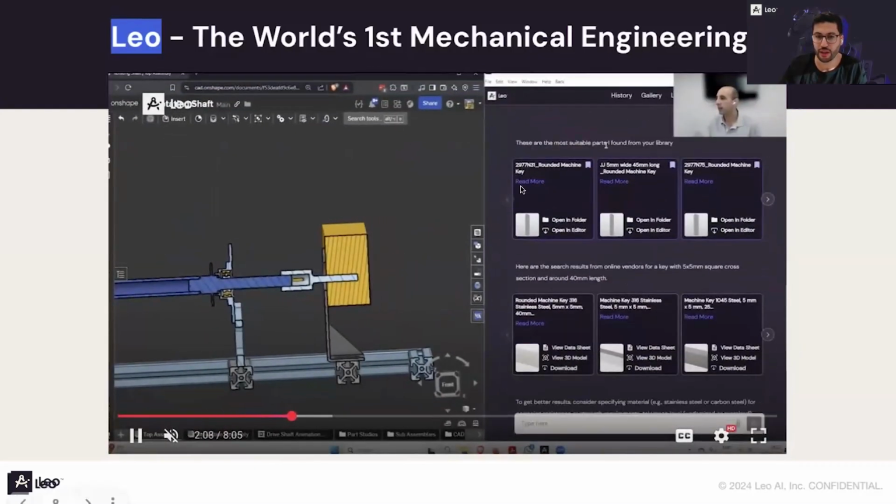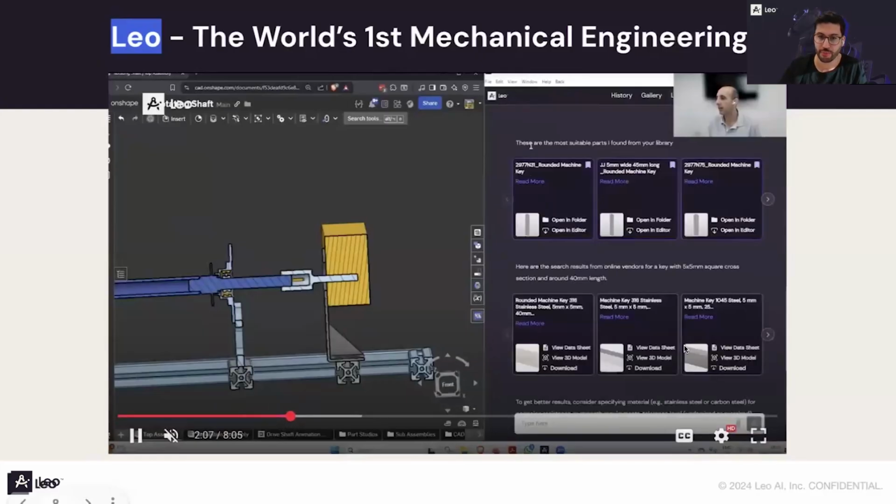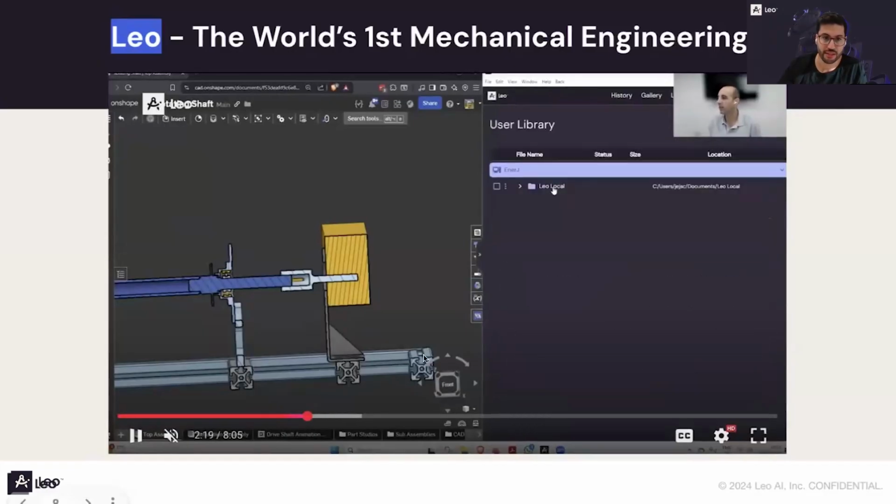If it's marked in a blue frame, it means that it comes from your data, from your inventory. If it's marked with a gray one, it means that it comes from online vendors. So you can choose. And this is how the integration looks behind the scenes. This is the local directory of your data or your PLM. And this is how it looks.